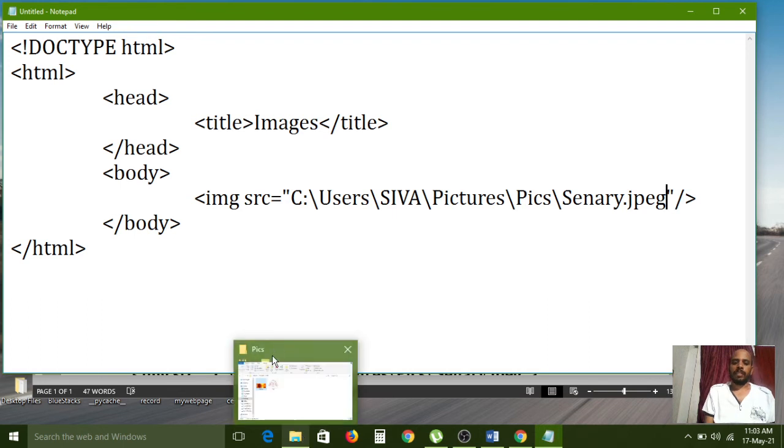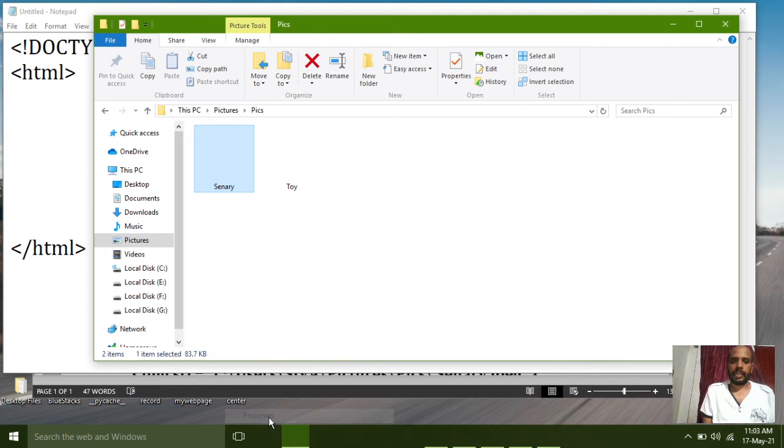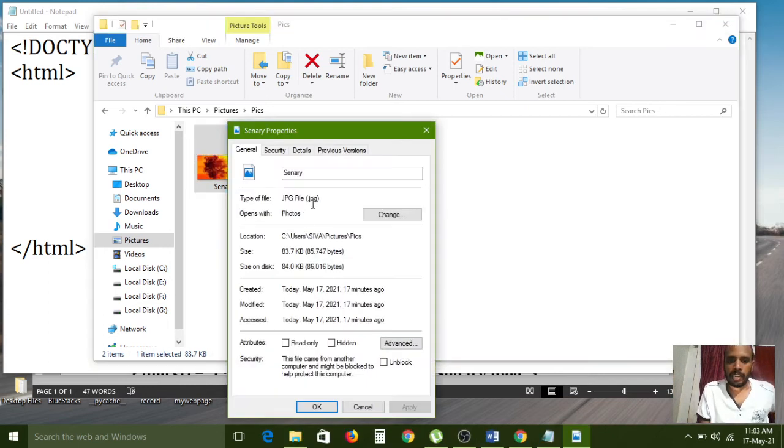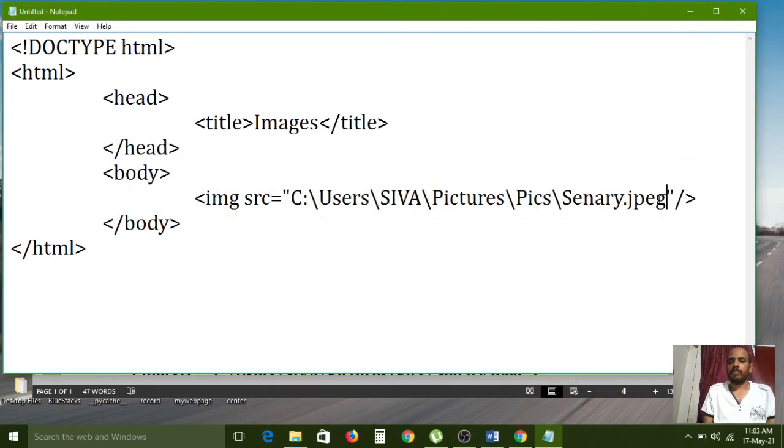The same extension you need to give. Right click, properties. Here it is jpg, dot jpg, the e is not there. So that's why I am removing this one also. If your picture contains .jpeg, then you need to give .jpeg. Then only the particular extension will be found by the web browser. Otherwise, it can't find it. Now I am saving this one.